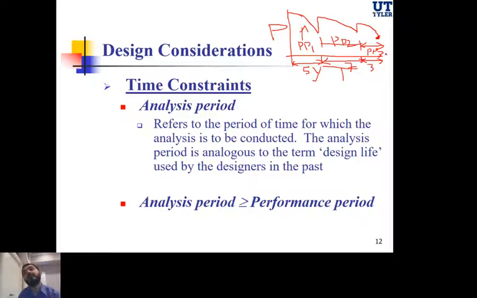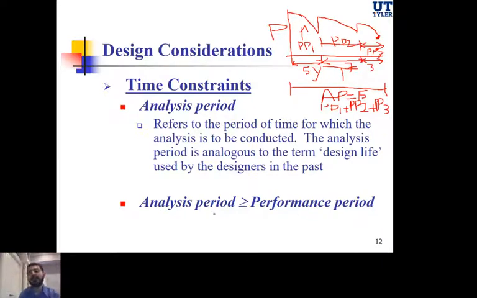If I sum up all the 3 performance periods, I will be able to get the entire analysis period. This is here the analysis period, which is in this case again a summation of performance period 1 and performance period 2 plus performance period 3. So in this case, the analysis period would be 5 plus 7 plus 3, and that would give us 15 years analysis period. So that's why we say the analysis period is most of the time higher than any performance